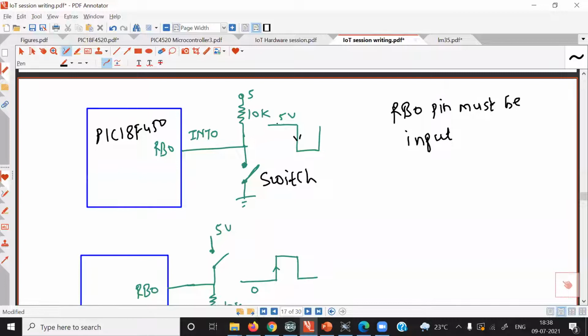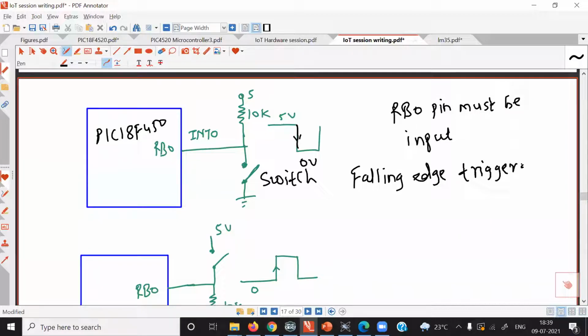Now in this case, when you close the switch, logic 0 will get applied. So the signal will fall down to 0 volt. If we configure the interrupt for falling edge, the interrupt will get triggered. If you configure the interrupt for rising edge, then what will happen is after closing the switch, when you again open the switch, the interrupt will get triggered. So if you want the interrupt to be triggered immediately after closing the switch, then the right method here is to configure the interrupt for falling edge. So here you configure falling edge triggered.